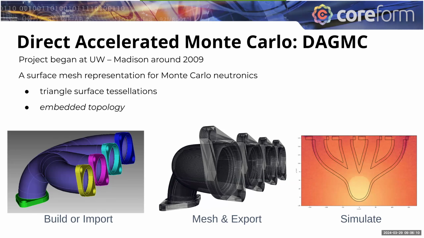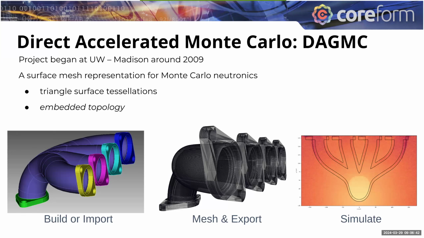So as far as how we go about this, there's a toolkit that we'll be talking about today, the Direct Accelerated Monte Carlo Toolkit, or DAGMC. This is a toolkit that's designed to enable a CAD-based surface mesh representation for geometry in Monte Carlo Neutronics. This project began at UW-Madison around 2009, and it accomplishes this geometry representation for these particle-based codes by employing triangle surface tessellations of the CAD geometry itself,